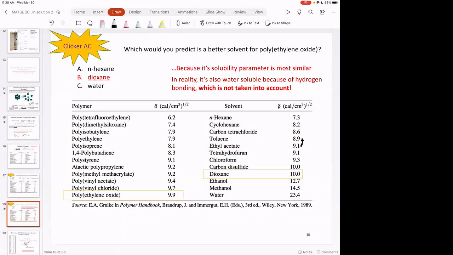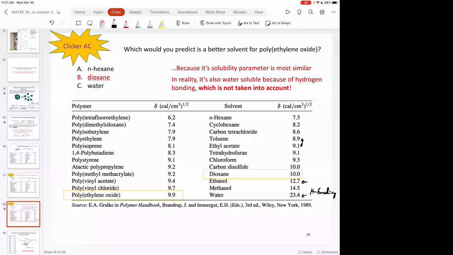Ethanol and water, right? It turns out that ethanol and water form a homogeneous solution, but they have really different solubility parameters, because solubility parameters are not good at capturing those intermolecular interactions. And so you always have to watch out for H bonding and other types of intermolecular interactions